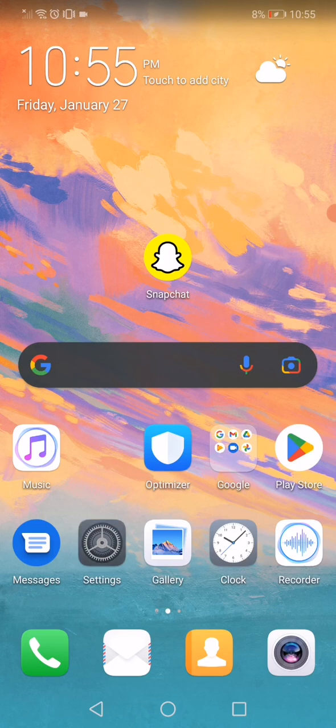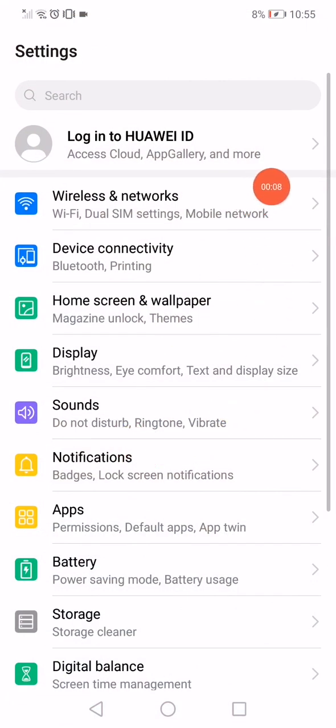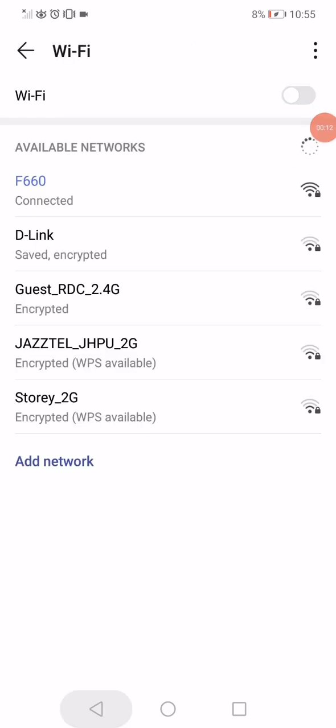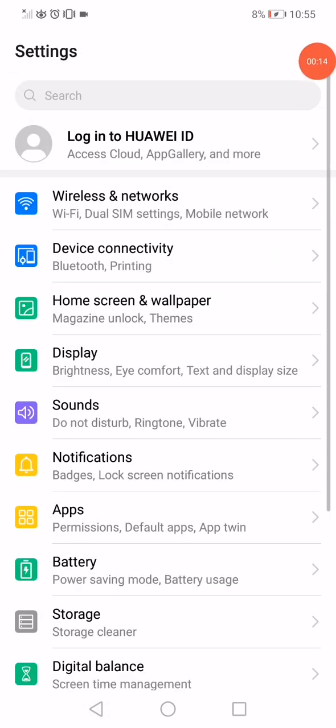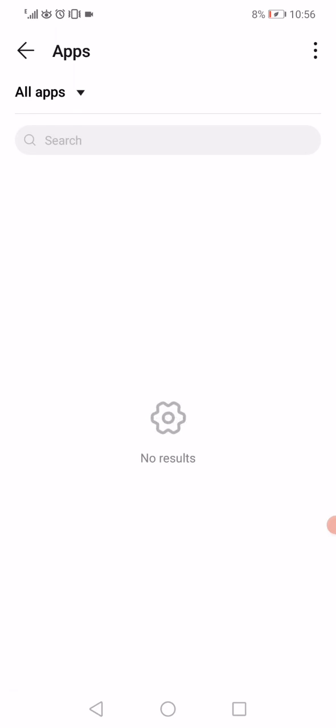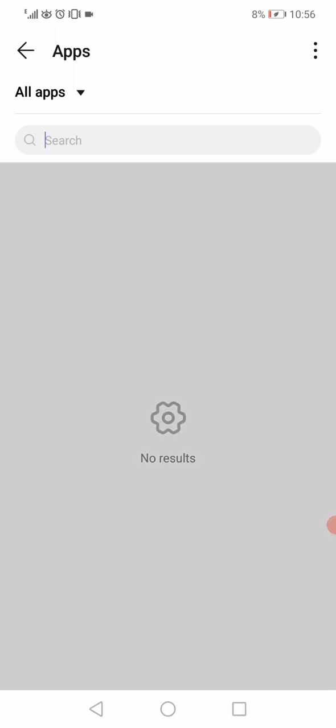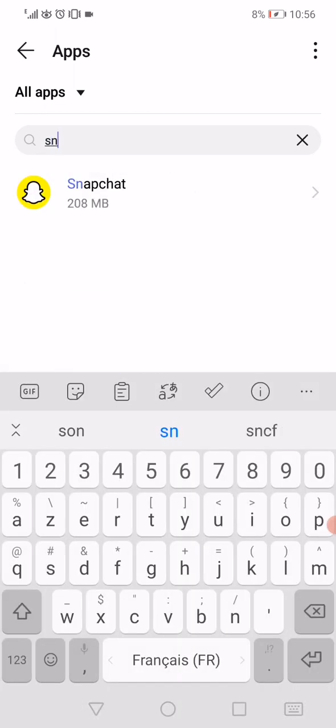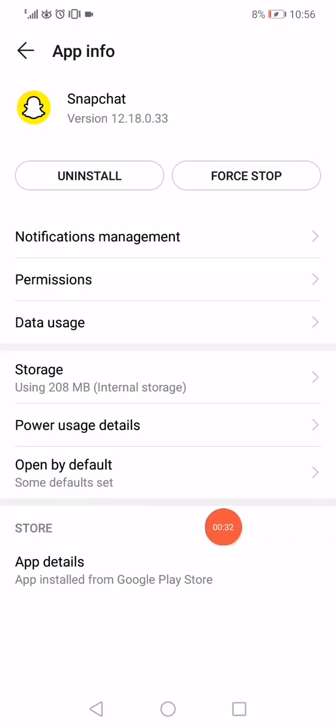First thing guys, open the settings on your phone and then go to the wireless and networks, go to the Wi-Fi, disable it and then go back to the settings, open the apps manager. When you open the apps manager on this page you will find every app that you have on your phone. So what you wanna do is wait a few seconds and then search here for Snapchat